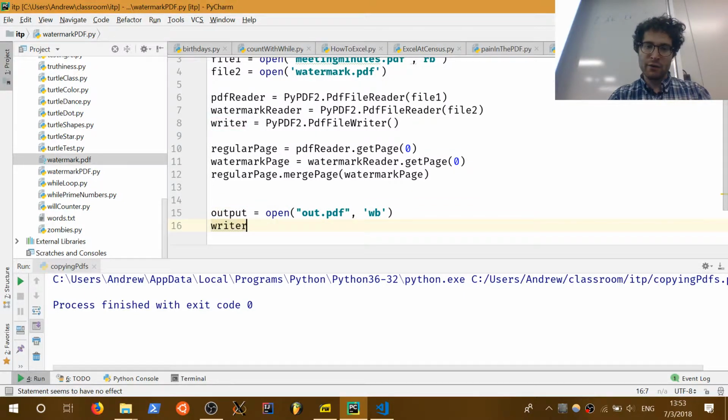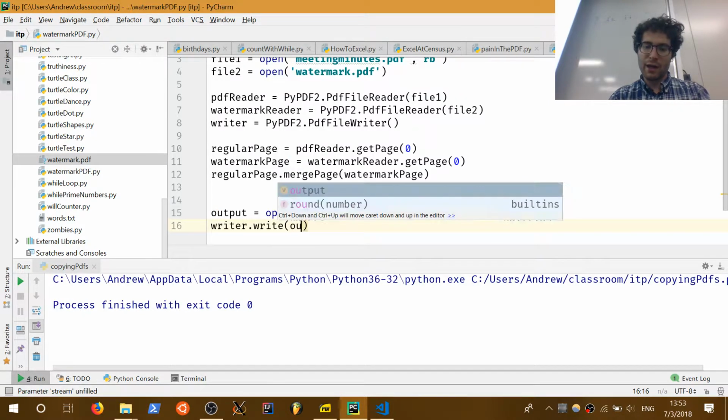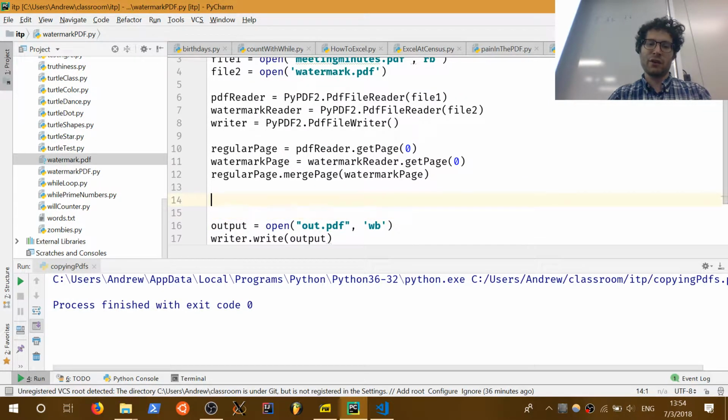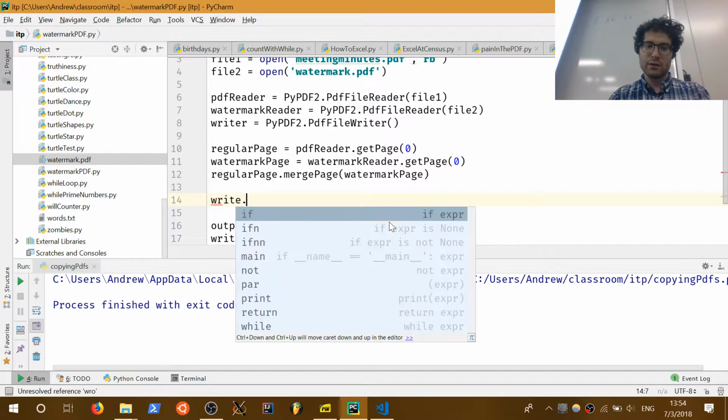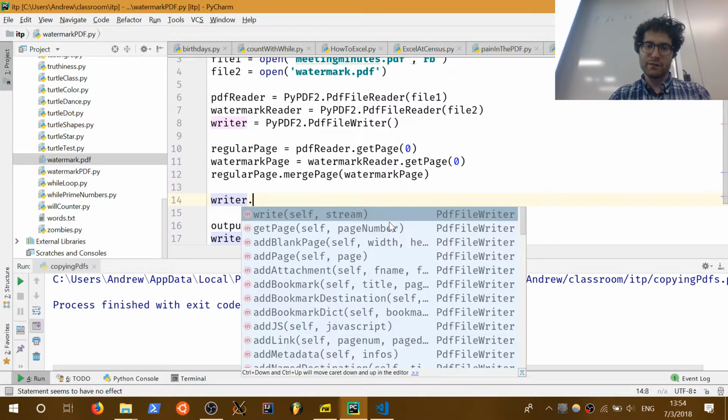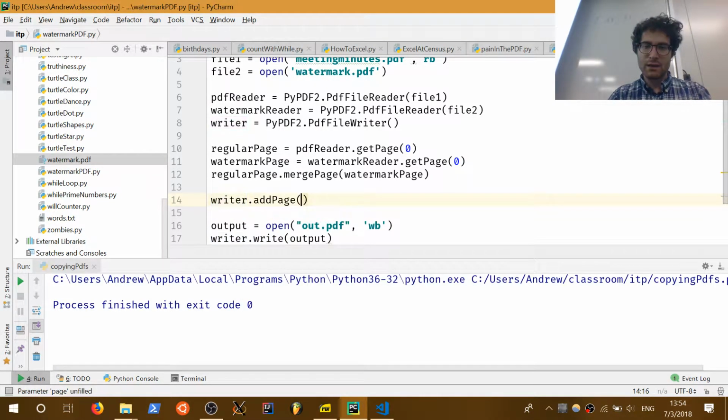WB, writer.write. writer.write to the output. Of course, we need to add this to the output. So writer.add page, regular page. And now if we run this,